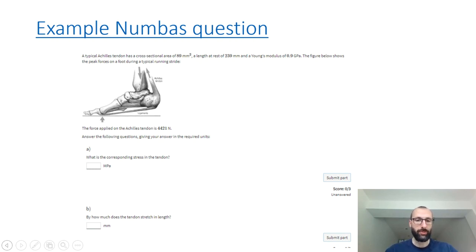This is an example of a Numbas question. As you can see, it's easy to add any graphic. In particular, this question has a series of numerical values. Whenever the question is reloaded, either by a different student or even by the same student who perhaps wants to practice a bit more, such numerical values can be made to vary within certain ranges, so that effectively the question changes slightly, the answers will change, and so students still need to demonstrate that they know the process to solve a certain problem.